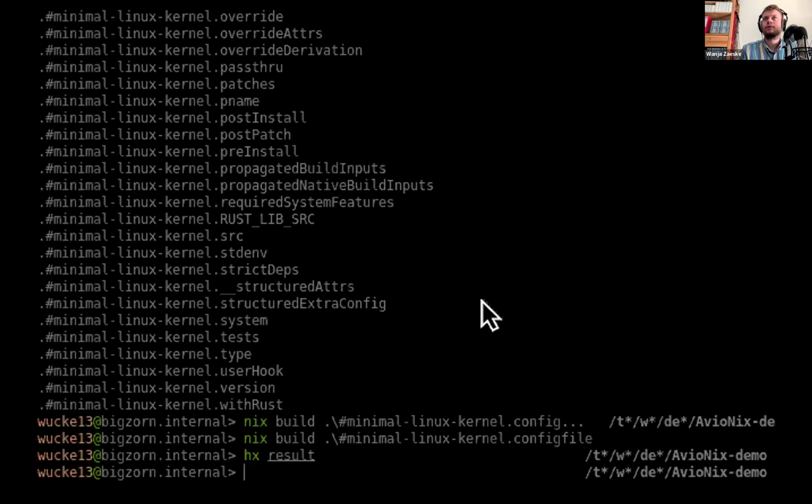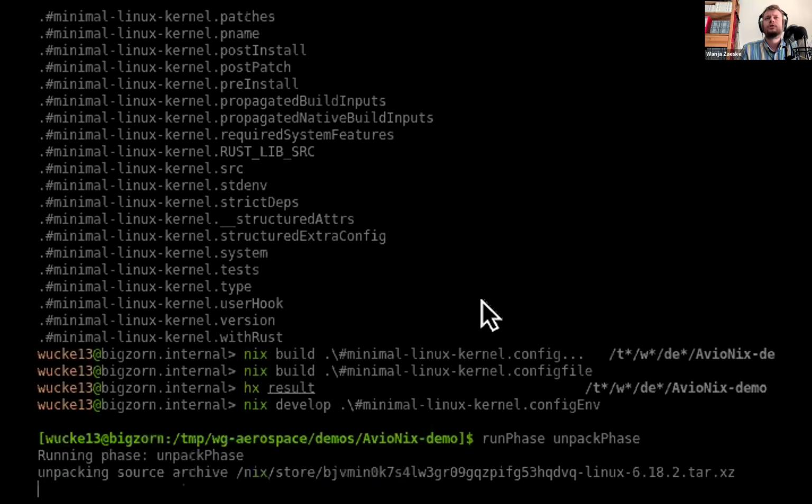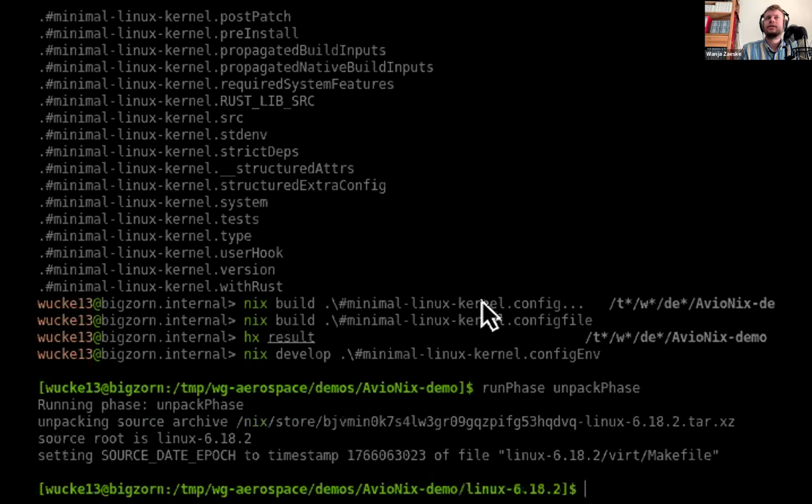There's one last thing I would like to show. Previously, Erin also mentioned that we can get a development shell. And this is also true for the kernel. So we can, in particular, nix develop, take this kernel and ask for the config environment. The config environment will provide us with a new subshell that has all the tools required to build this kernel for this target architecture in view. I'm going to just run the unpack phase of every Nix build here, which will unpack the Linux kernel source for us. Then I'll run the patch phase,